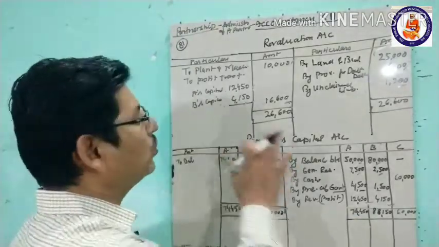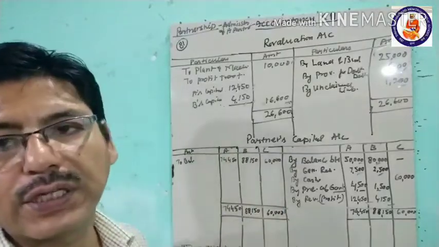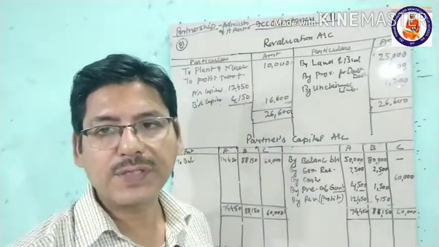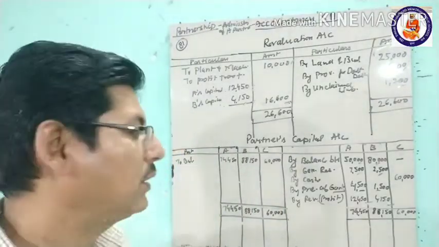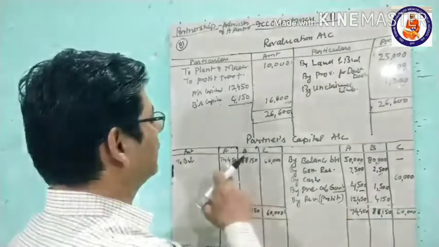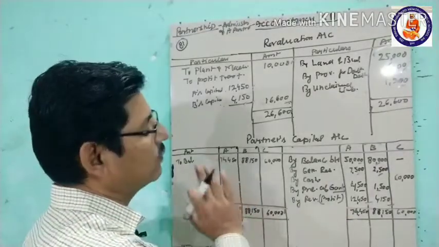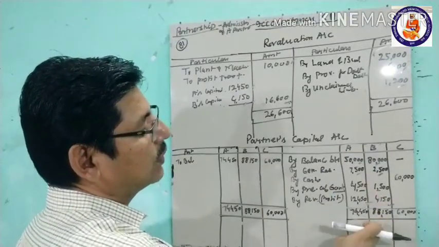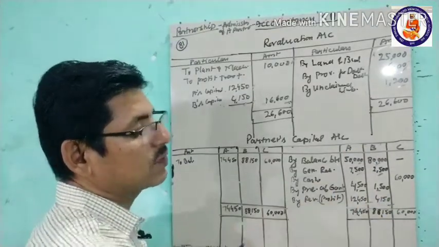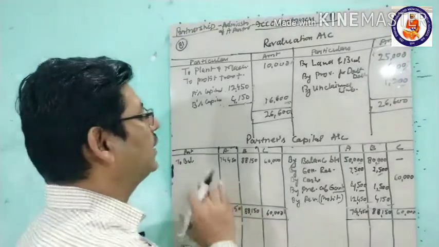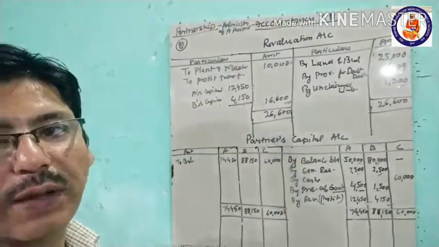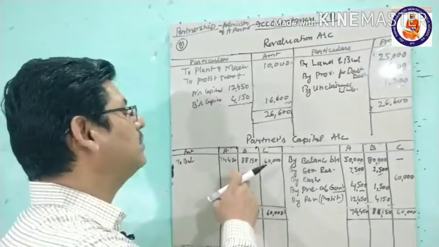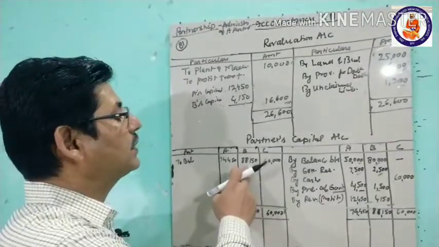And here no debit item is there which reduces its capital. So the same is the balance of his capital account, 74,450. Same like that B's capital account, this credit side total is 88,150 and no debit item is there in his capital account. The same is his capital account balance,